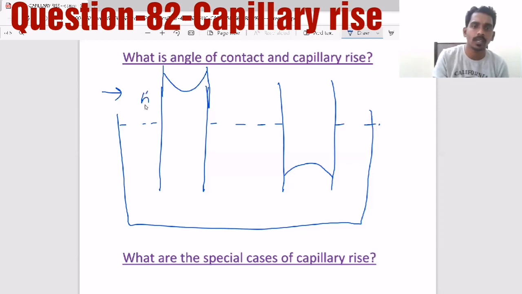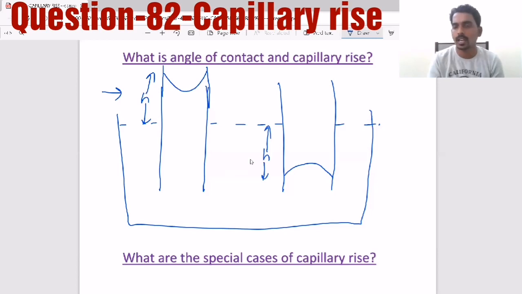That is called capillary action: rise or fall of liquid through a narrow tube. Narrow means very narrow, like a diameter equivalent to our hair. Then the height h is given by 2T cos theta by R rho g,